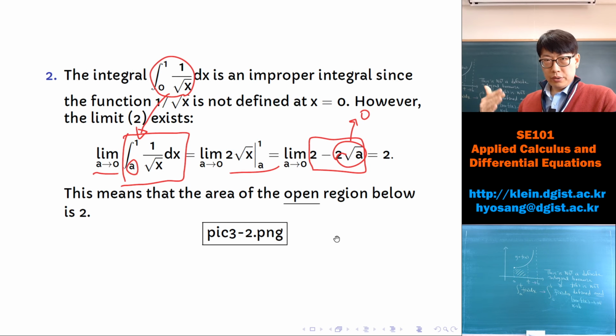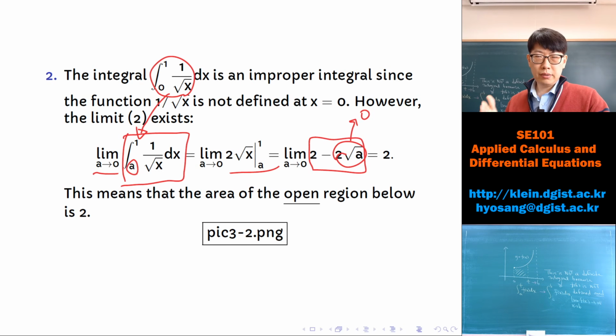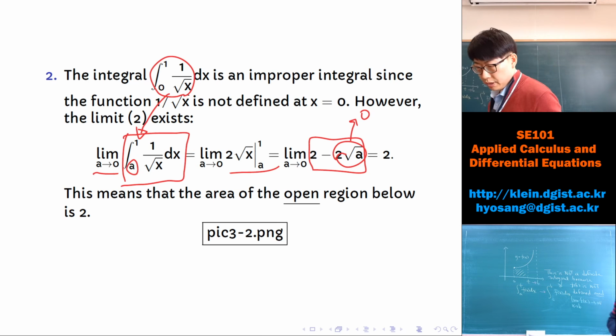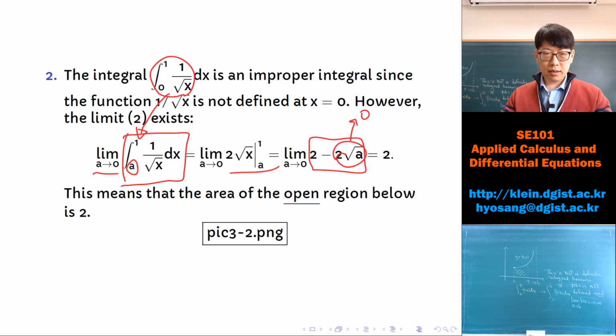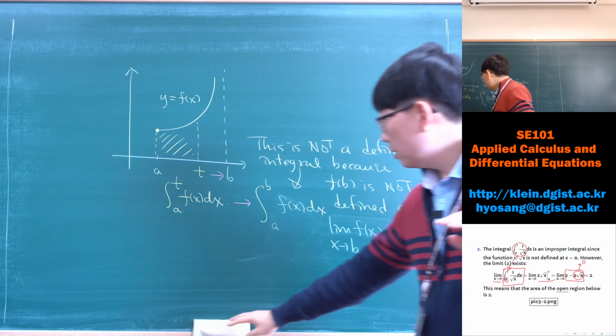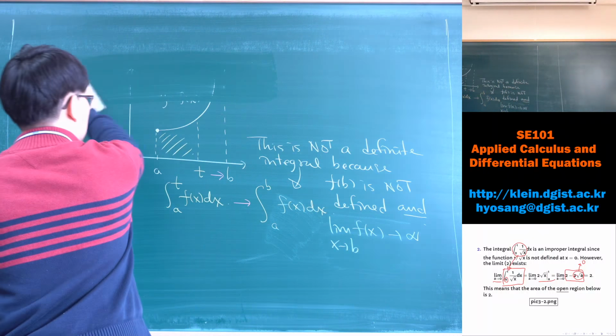Now, this also means that the area under the function 1 over square root of x from 0 to 1 is 2, even though the region is not bounded. You have a long neck inside of the region. So for example, if you draw the graph of the functions,